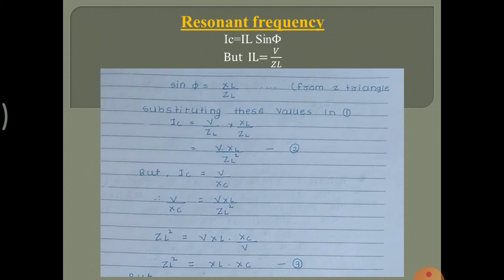Consider branch 1. It consists of R and L in series. The reactance of inductor L is XL and the combined impedance of the branch is ZL. Since ZL is a combination of R and XL,